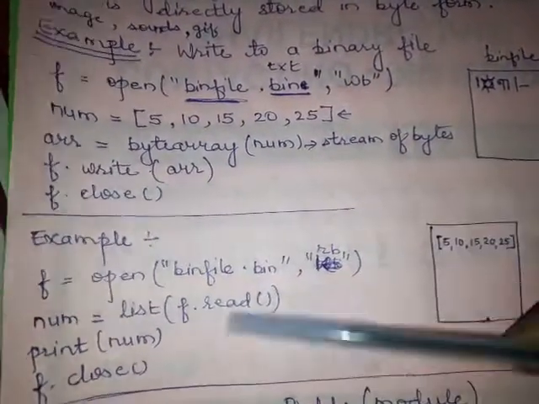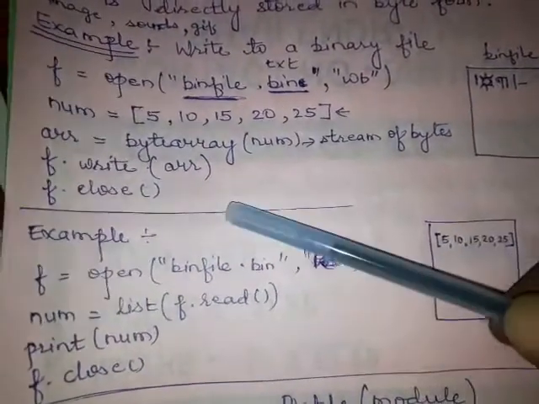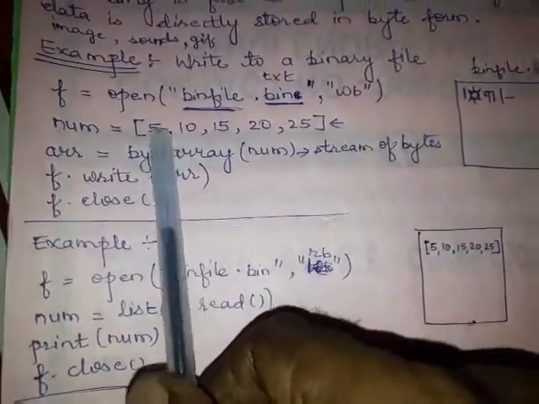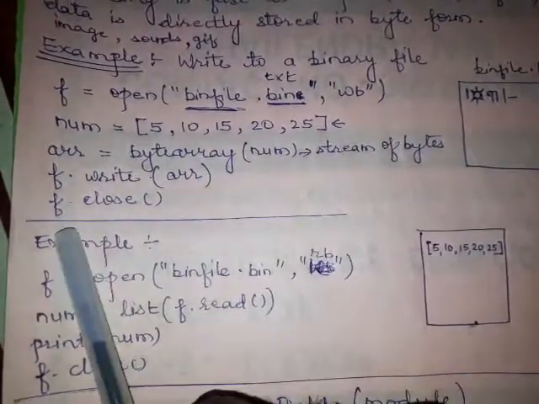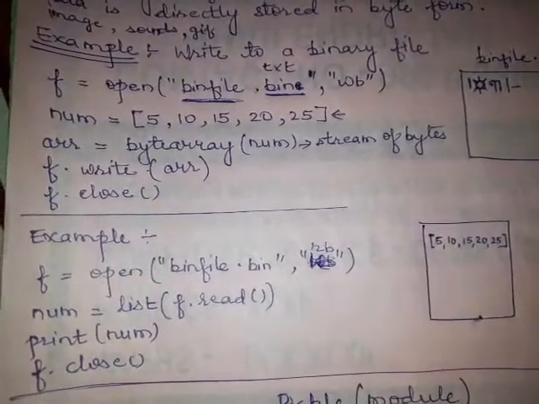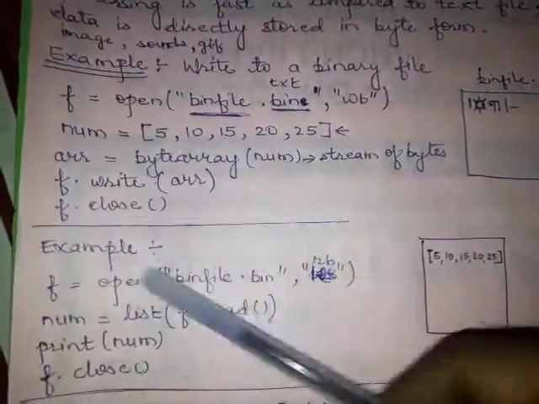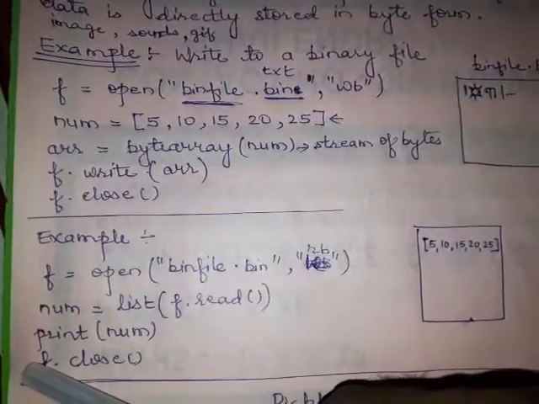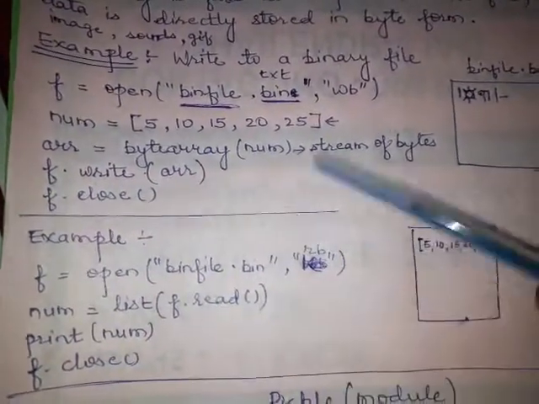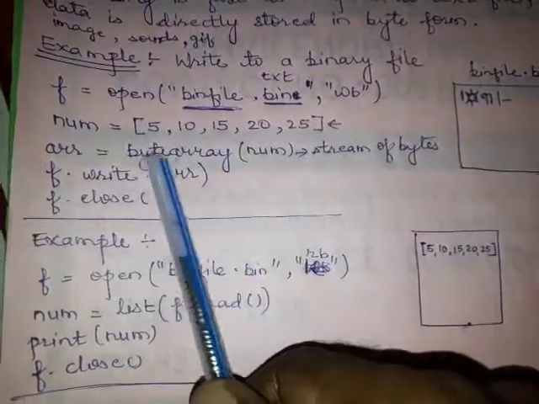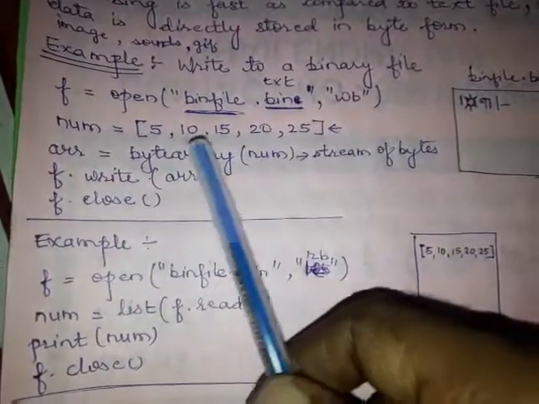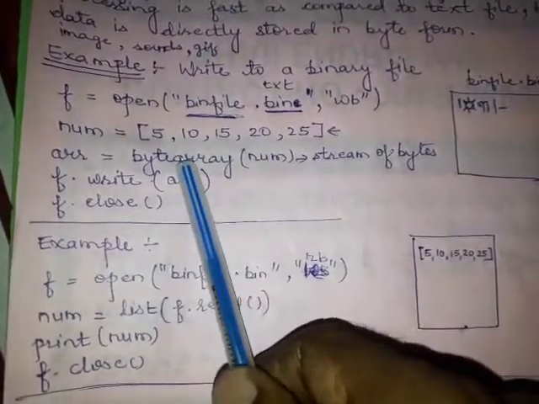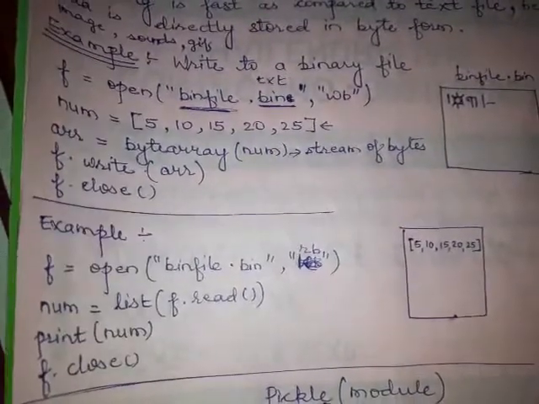But this is a very difficult approach, because here you simply convert a list into an array. Suppose you want to write a string, or some other Python object, on the binary file, then what will you do? This is a very typical method. You don't know what the various methods are to convert a list into a byte stream array, or a string into bytes, what kind of function you need.